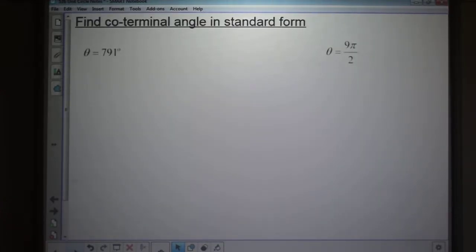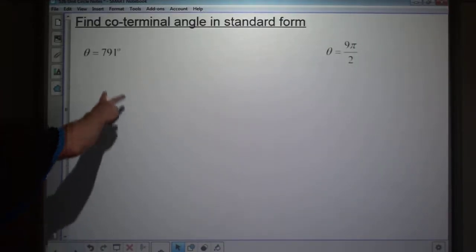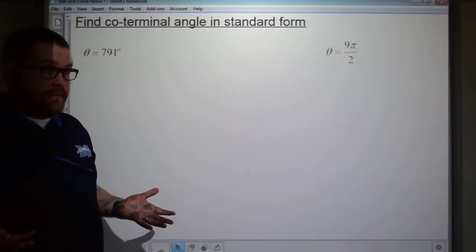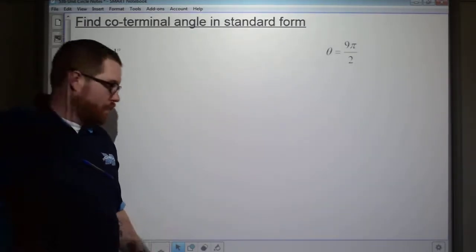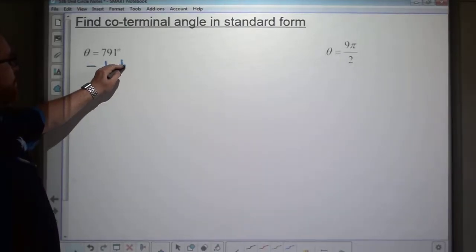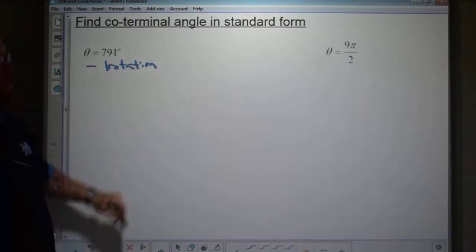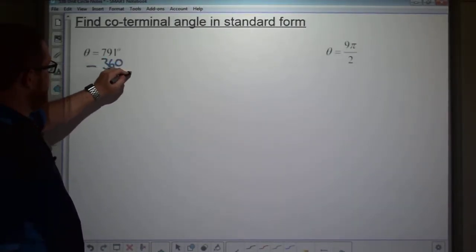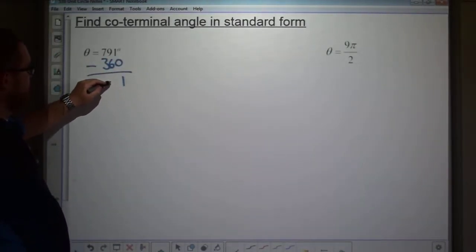So find the coterminal angle in standard form. 791 degrees. That's not between 0 and 360. Is it too big or too small? Well, it's too big. So let's subtract 1 rotation. But 1 rotation in degrees is 360 degrees. So if you do that, you get